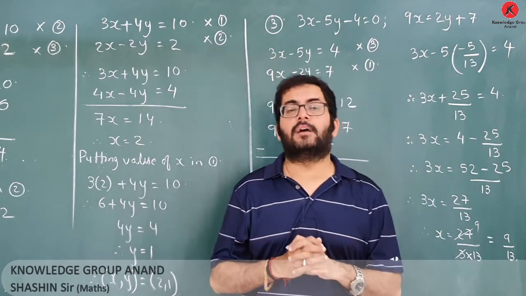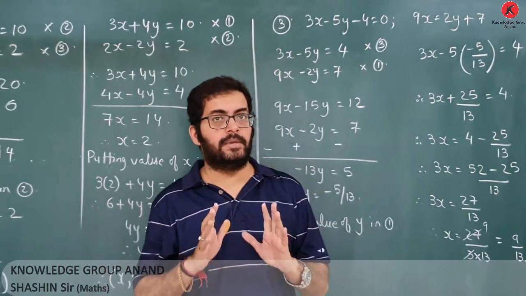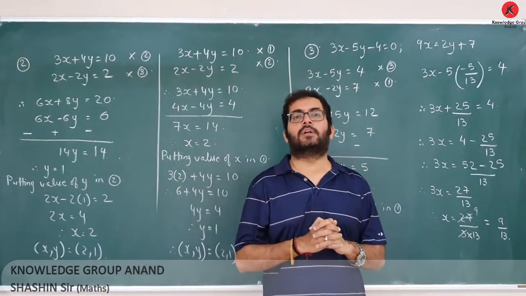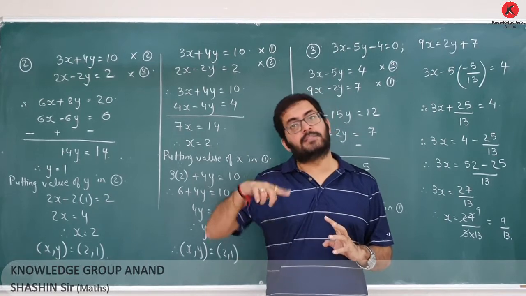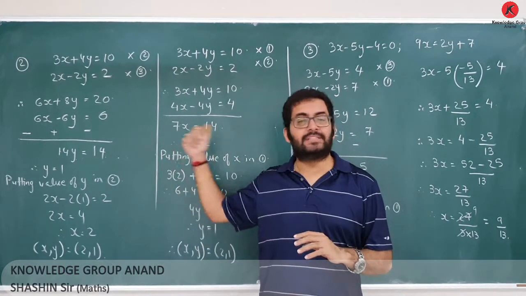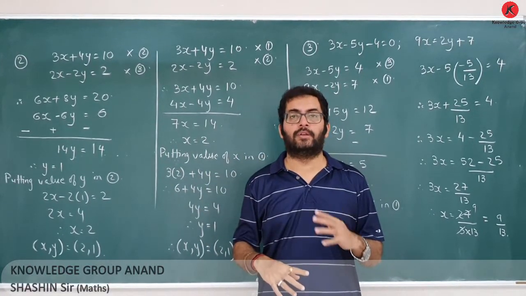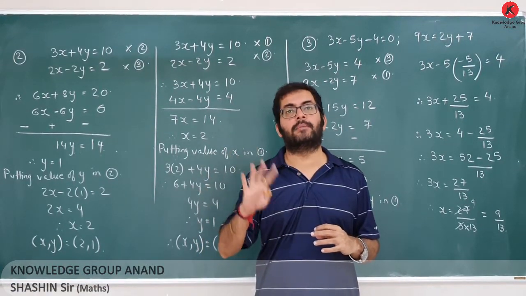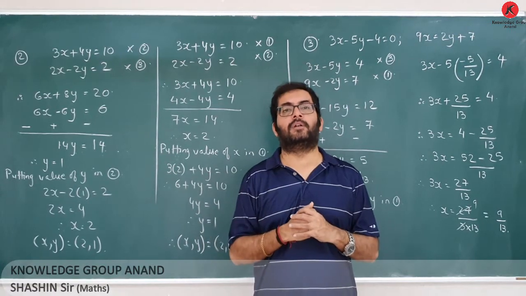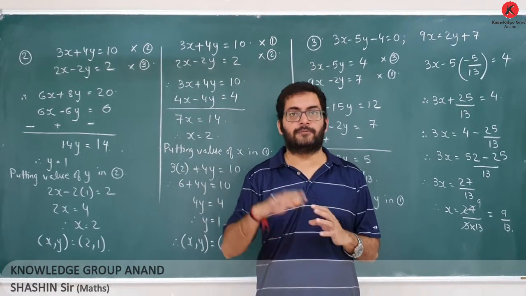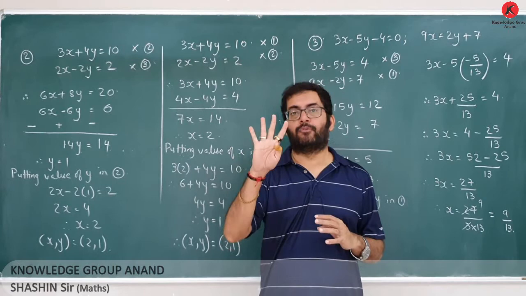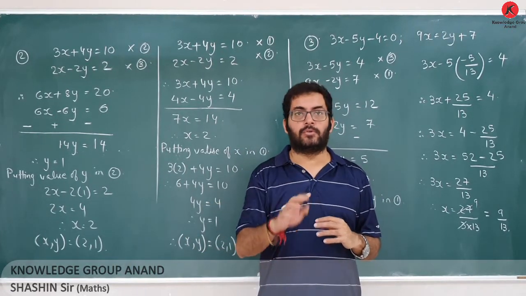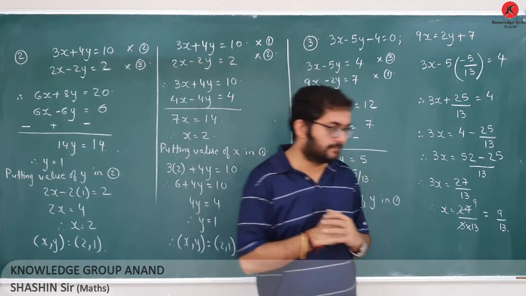Dear students, I am sure that now you will be able to solve the sums with the elimination method with ease. So there are a total of 4 questions. In question number 1, I have solved 3 for you. The 4th you have to solve in homework. One more thing, all those 4 sums were also to be solved by the substitution method that we have already studied. So you need to solve these 4 sums by the substitution method and 4 sums with the elimination method. 3 are done on the board. The 4th one you have to do on your own. Thank you.